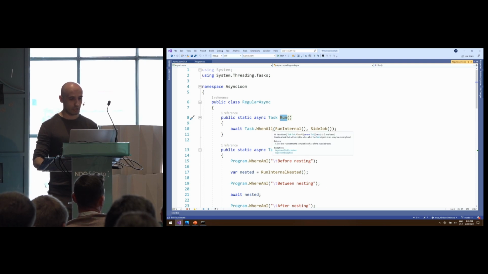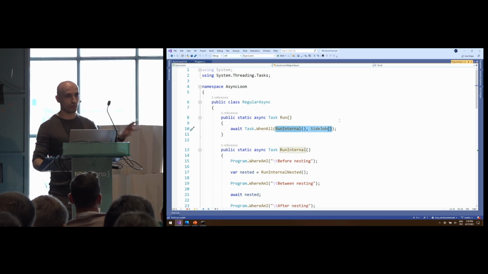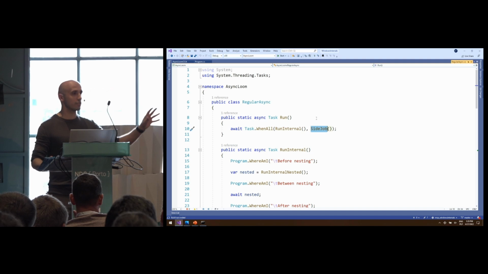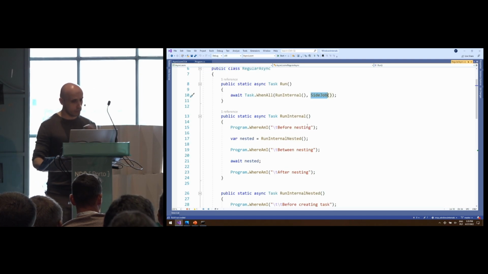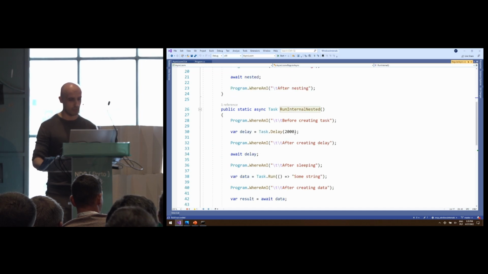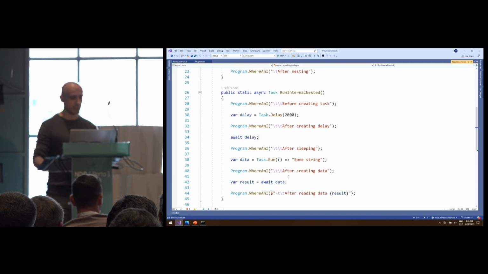So first thing we are doing is we want to execute two tasks in parallel, concurrently, side by side. First of them is run internal, and then we have some interjected side job. They don't do anything special. Run internal is just calling run internal nested, which sleeps for 2 seconds, awaits the sleep, returns some data, and so on. Nothing special, okay?